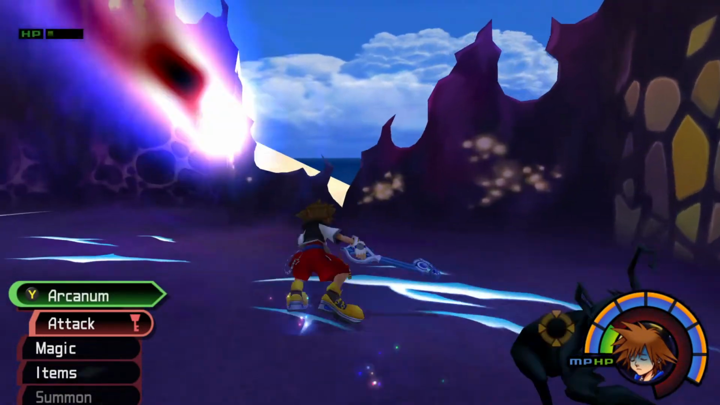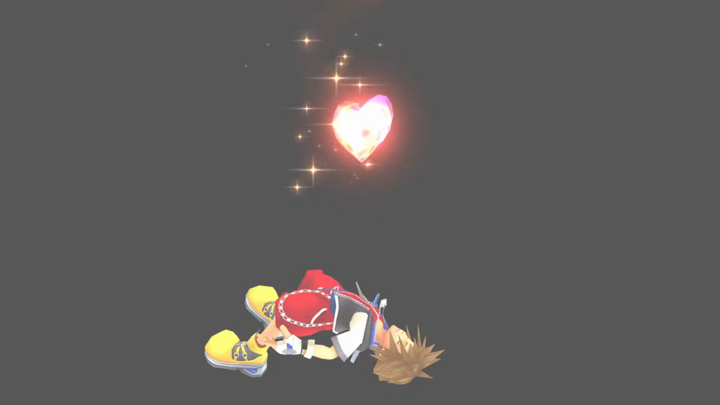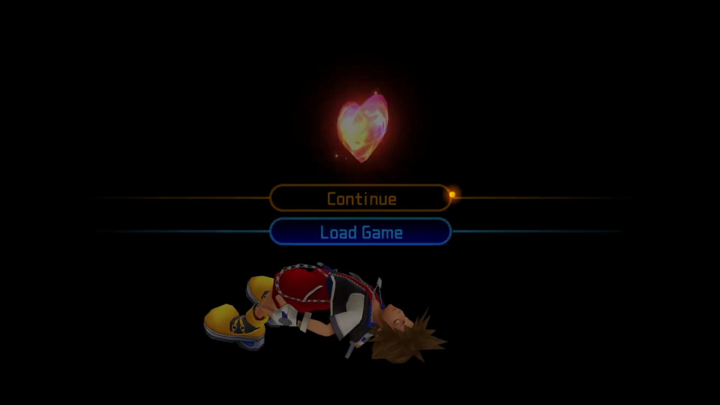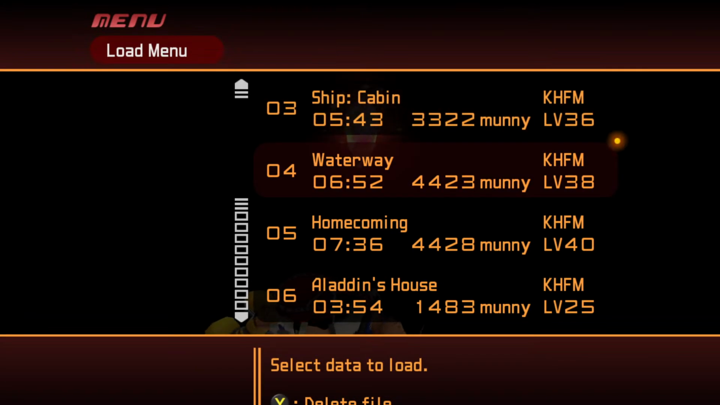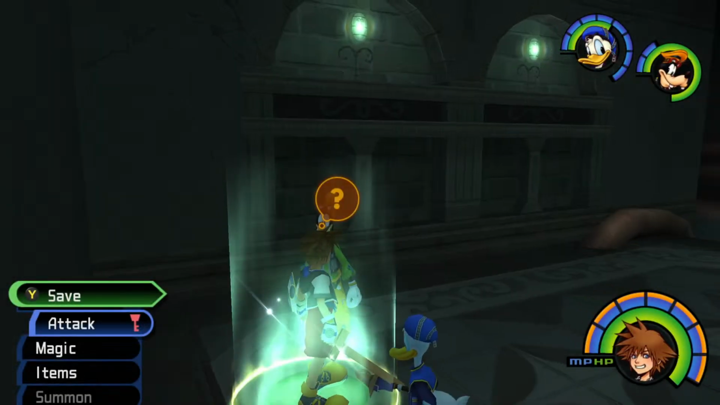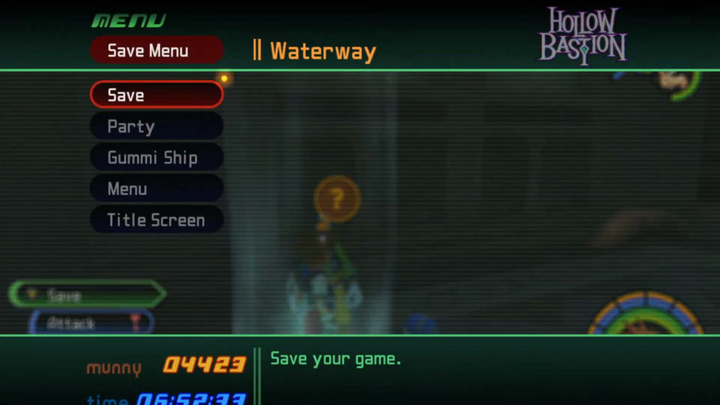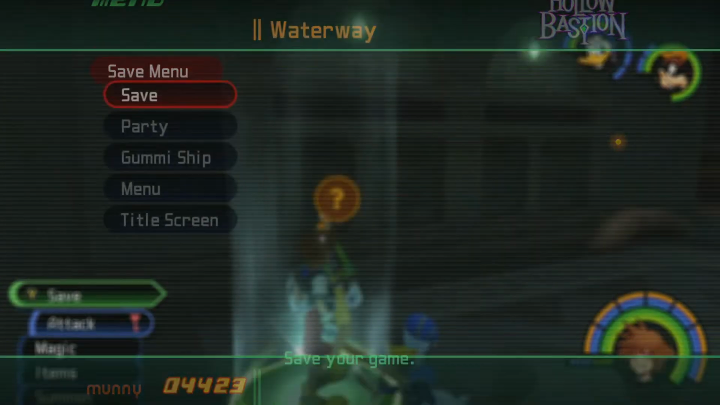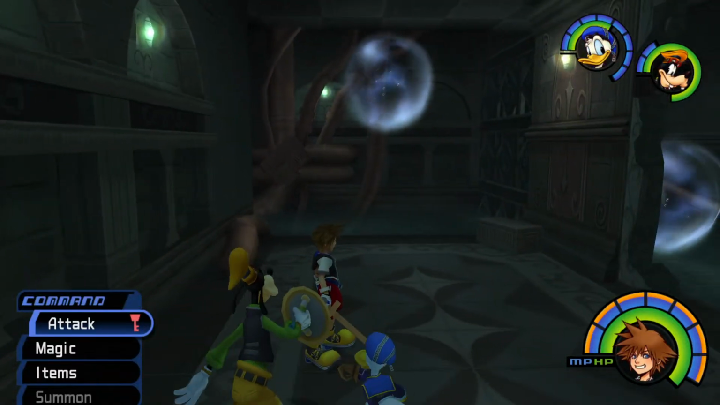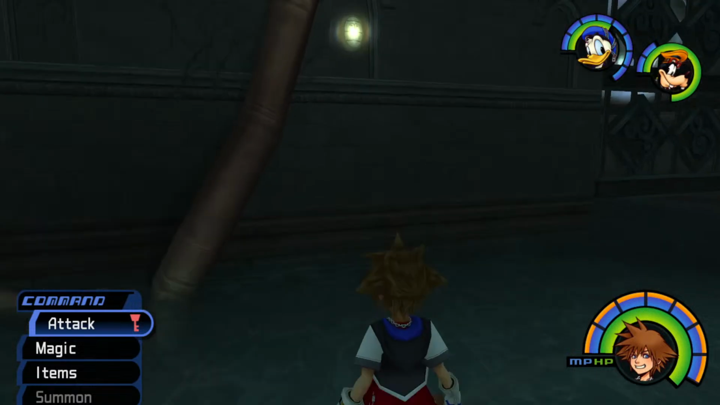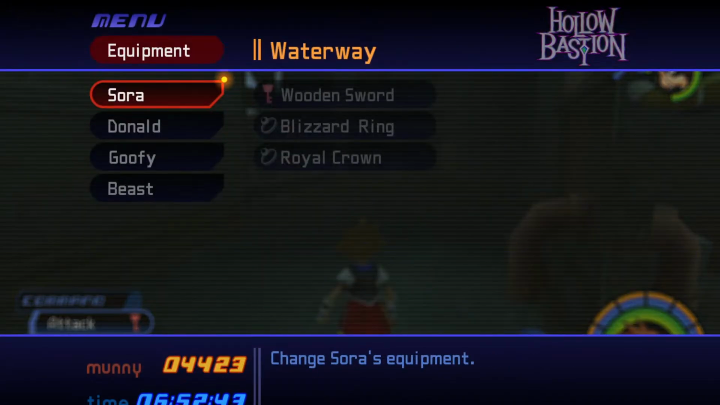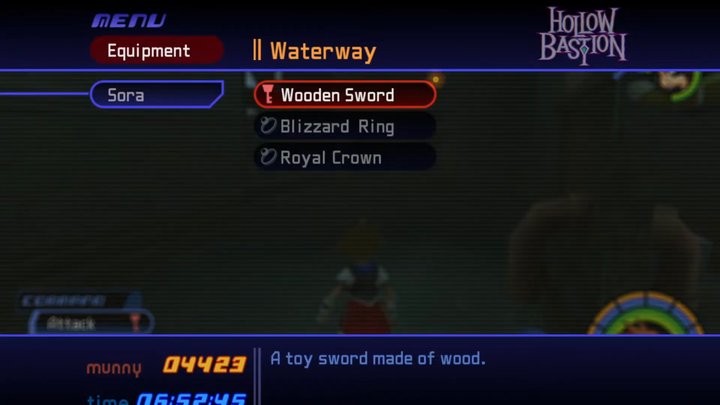I also need to not die. Too late. I died. Let's not do a boss fight. Waterway. We can do waterway. Oh, no, we can't do... Wait. I have my wooden sword and done on the goof. This must be a randomizer thing as well. Right? Unless the wooden sword...